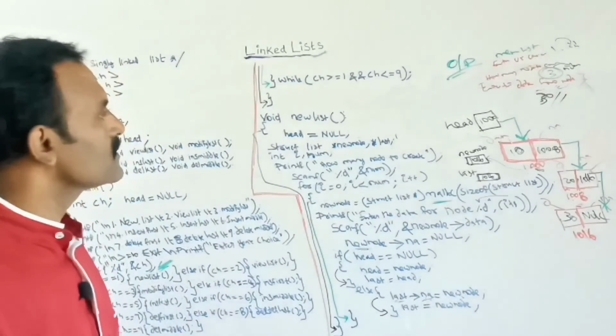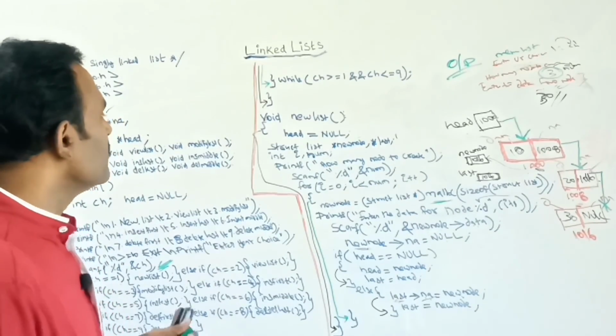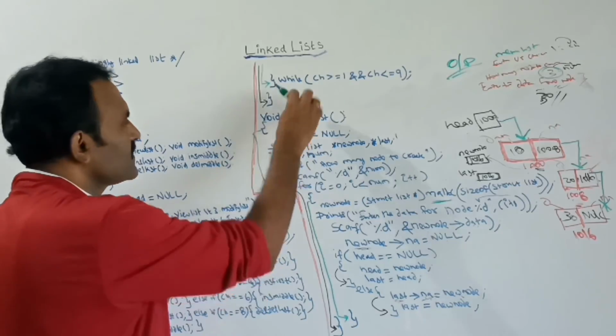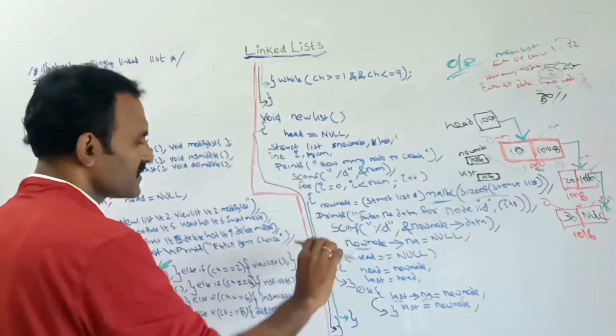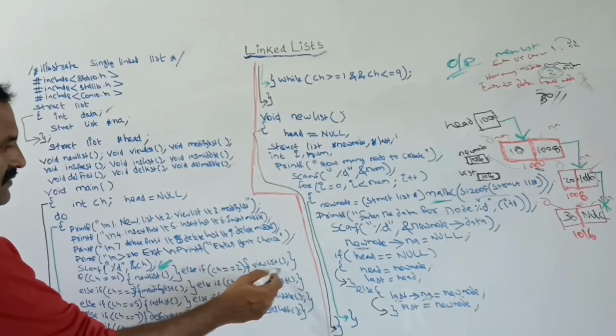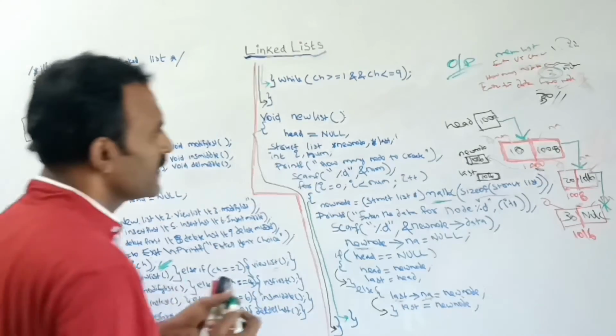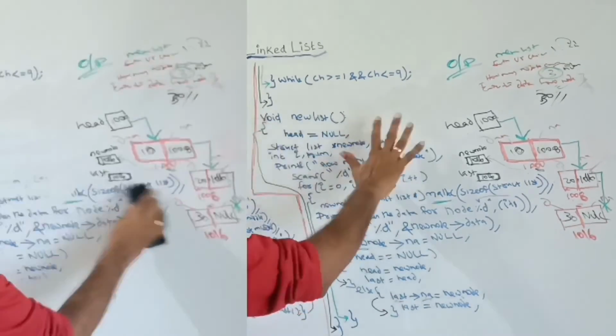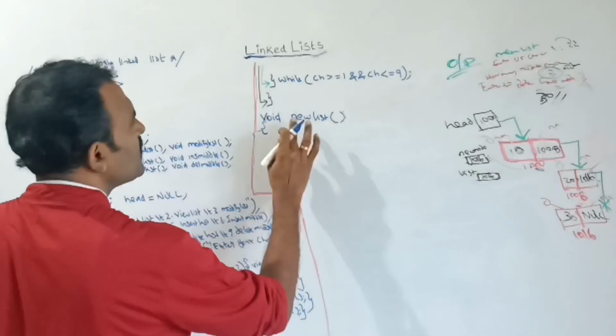See, for each and every time we should write a function one by one. Here this function has completed. Next to this function we should write this code in the program, that is the view list program. As there is no space here, I am simply rubbing this out and writing here. Here the function name is view list.